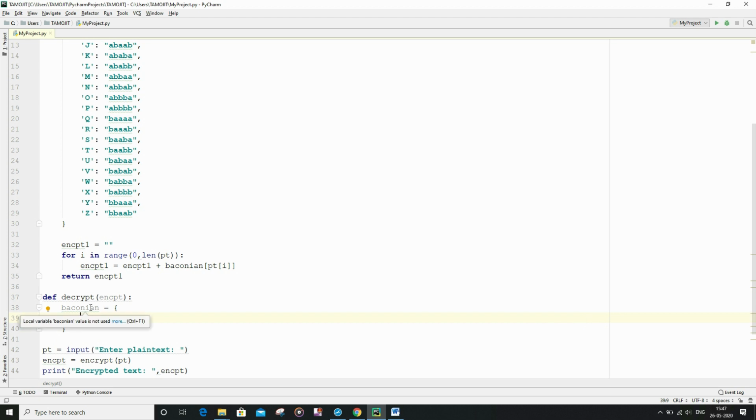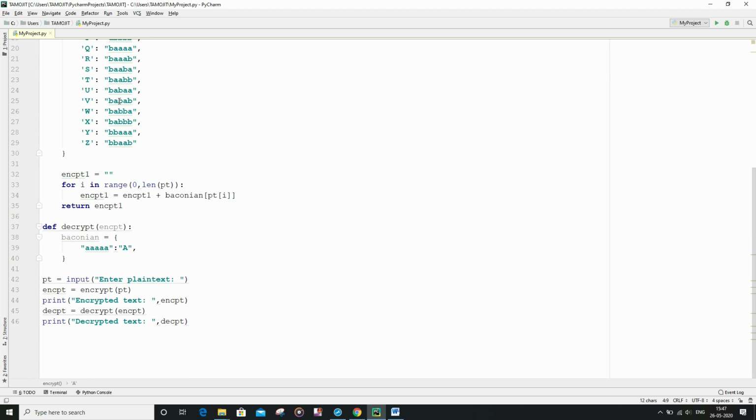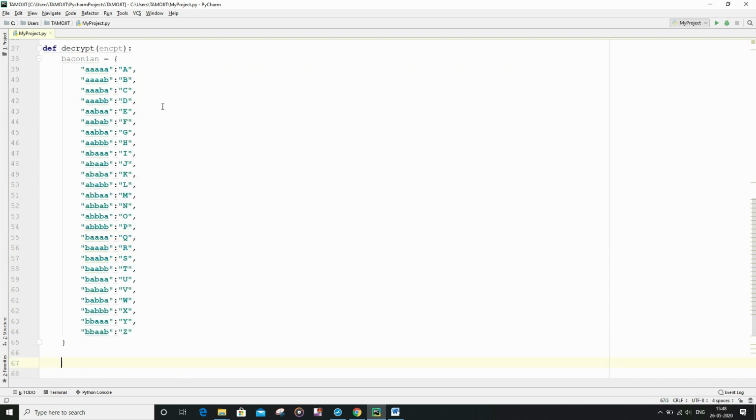So let me show you the first example. So this is the first example. As you can see, it is exactly the reverse of what we had seen here. Here the capital letter A was first, but here the capital letter A is last. So let me write the same for all the characters. Now I have finished writing the complete dictionary, and now I am going to declare a string variable with the name decrypt1. It will basically be an empty string variable.